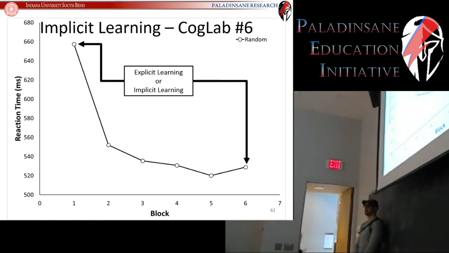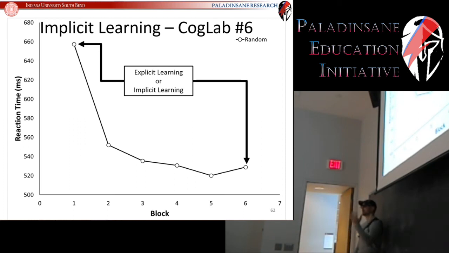So implicitly, what is the type of learning that might be occurring? Or explicitly, what is the type of learning that might be occurring? Any suggestions on that? Well, let me ask this. You have an idea? Yeah? You get used to what you're doing. Exactly. I was going to say that you get more used to the keys and start understanding. Okay, so that, getting used to what you're doing,